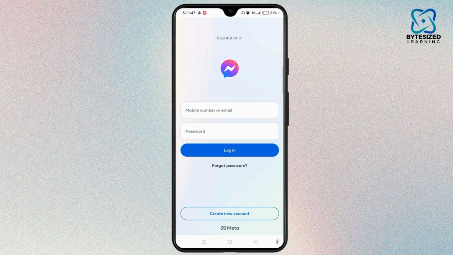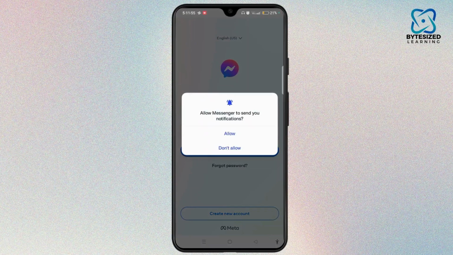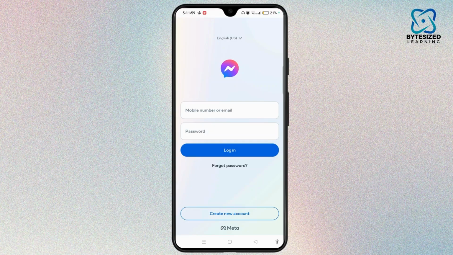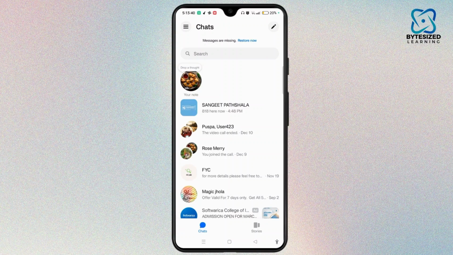Now once you land on the sign in section of Messenger, tap mobile number or email section and enter your credentials, and then you need to enter your password too. Tap Allow to send you notifications. Once you enter all your credentials, tap Login button and you can successfully now sign in to your Facebook Messenger